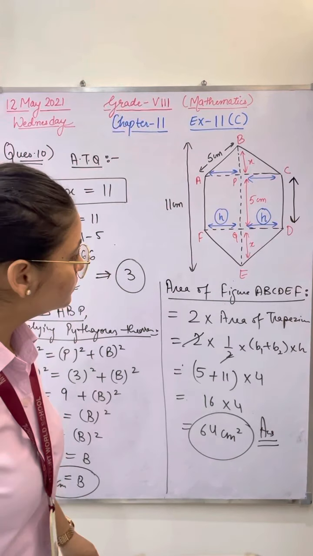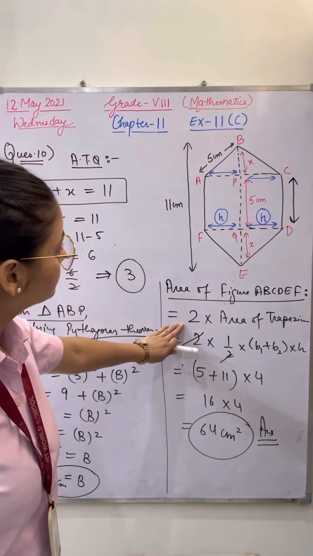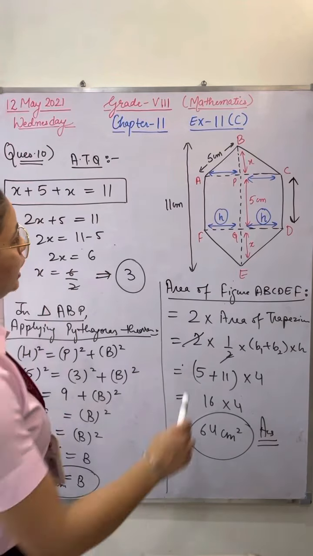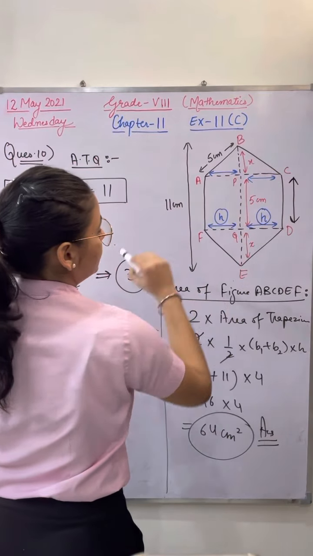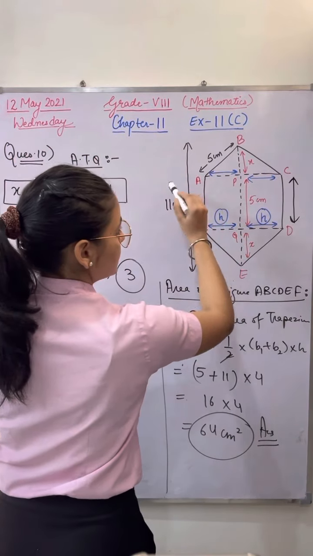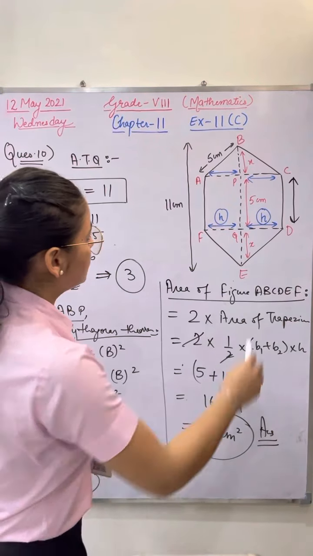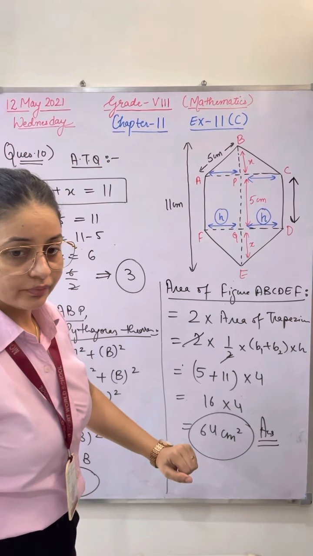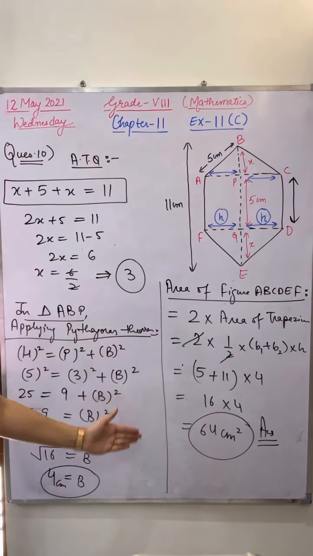Ma'am, can we do by that method that area of the rectangle plus area of triangle plus area of triangle? How many triangles you will consider? Please tell me area of this triangle. Yes, ma'am. Okay, for area of triangle, what is the base? What is the base given to you? Base will be 8 centimeter. Base is 8. How you will take out 8? Ma'am, by Pythagoras theorem we have